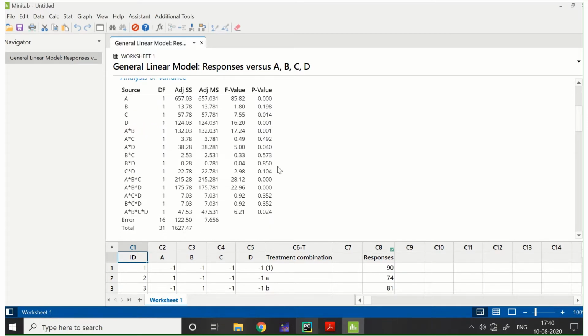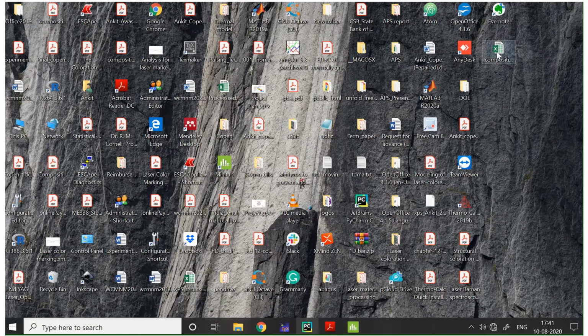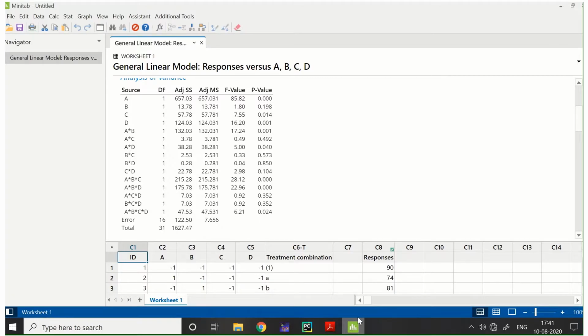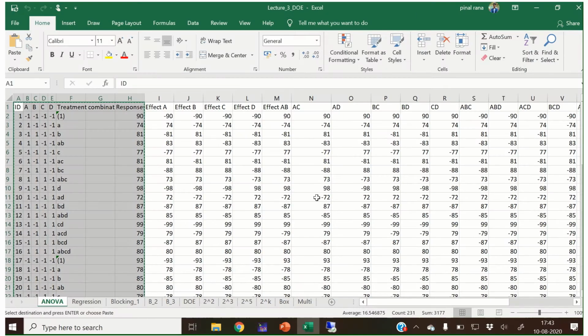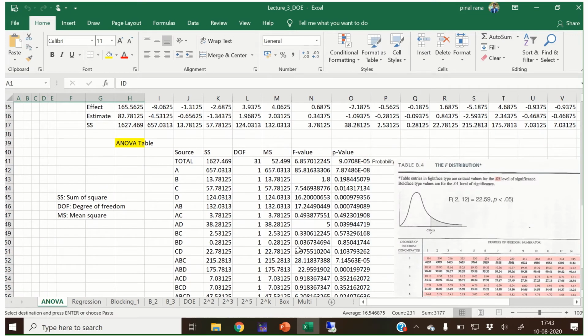So when you compare the adjusted sum of squares, adjusted mean square, F value and p value, they are exactly the same as the values that we found over here.